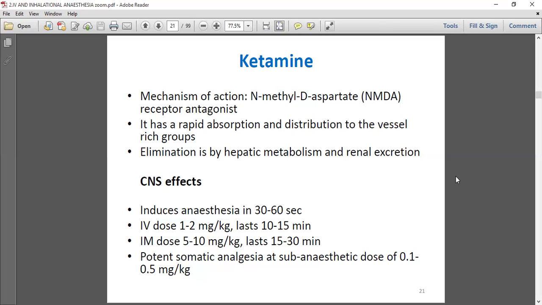So it has rapid absorption and distribution to the vessel-rich groups. Elimination is by hepatic metabolism and renal excretion. Then we'll go to the CNS effects of ketamine. It induces anesthesia within 30 to 60 seconds. The IV dose is 2 to 3 milligrams per kg and lasts